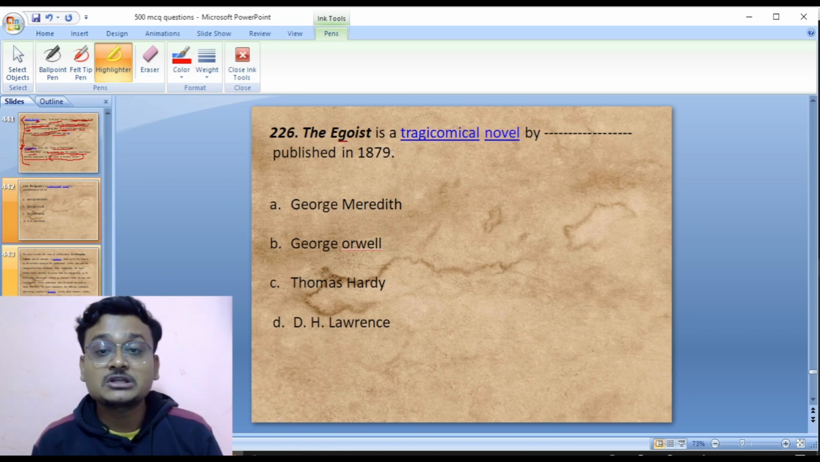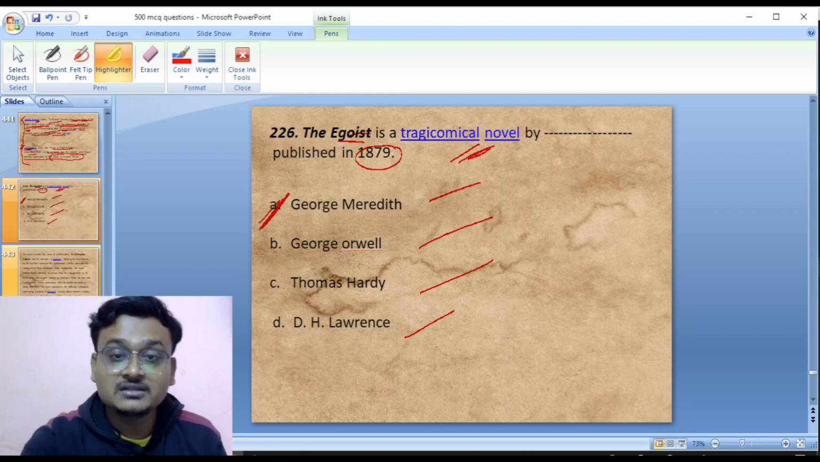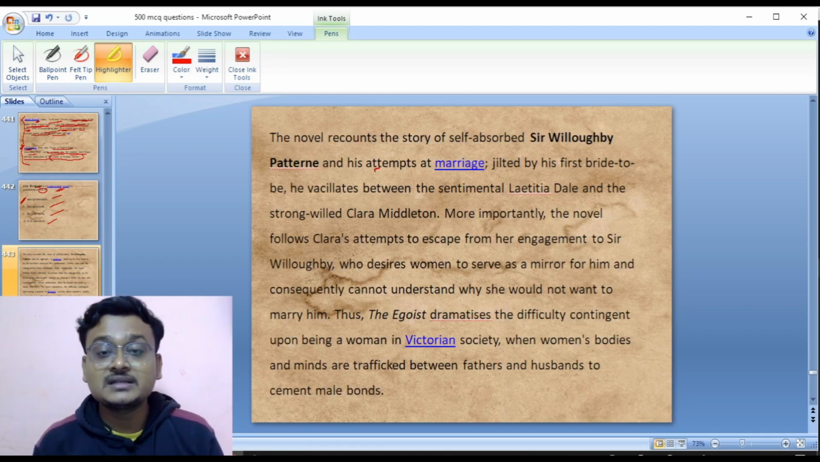The Egoist, that is published in the year 1879, is a tragicomical novel by whom? George Meredith, George Orwell, Thomas Hardy. So Egoist was written by George Meredith. So A is the right answer here. George Meredith, Egoist. The novel The Egoist recounts the story of Willoughby, and his attempts at marriage,